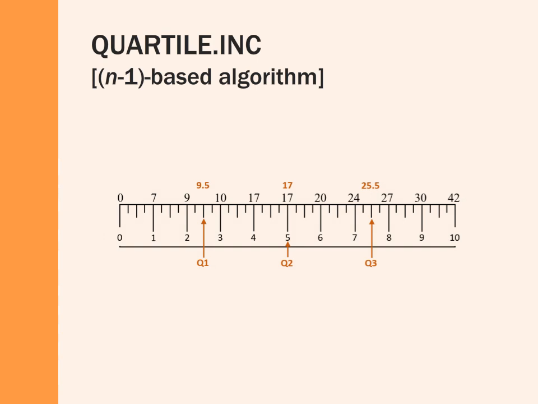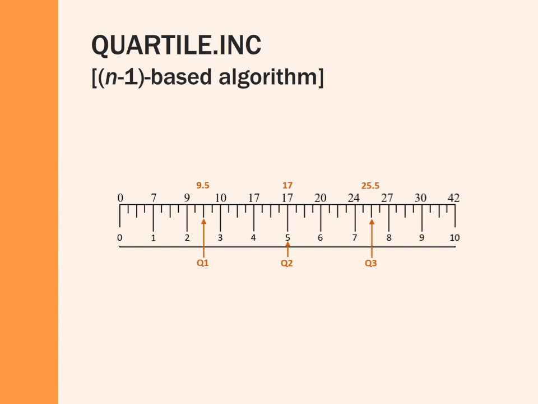To illustrate the role of the median, what I've done here is I've reduced the number of cases from 12 down to 11, and I think with an odd number of cases it's easier to see the role that the median plays in finding the first and third quartile. I also have changed a couple of values just to make the process a little clearer. So what I've done here then is I've already given you the first, second, and third quartile values, that 9.5, 17, and 25.5 respectively, and this is using the